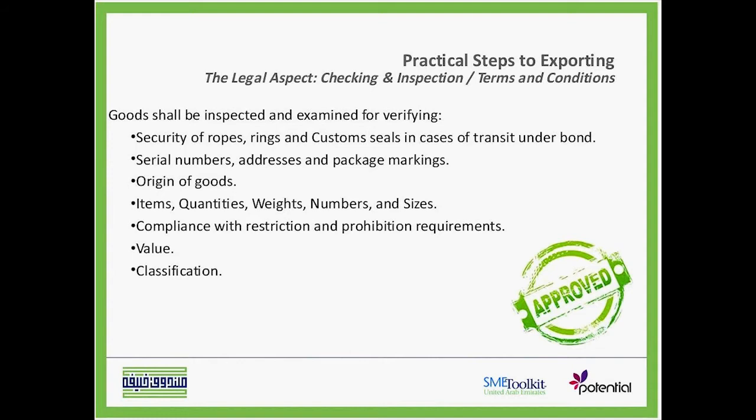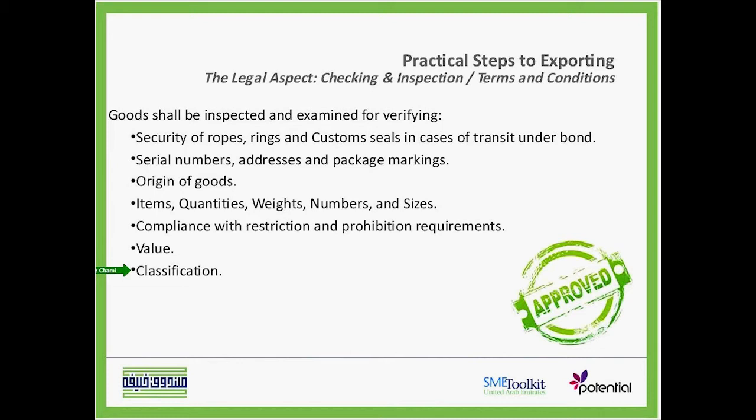Now, for the checking and inspection terms and conditions, the goods shall be inspected and examined to verify mostly the security of ropes, rings, and customs seals in case of transit under bond, serial numbers, addresses, and package markings, the origin of the goods, the items, what are their quantities, their weights, their numbers and sizes, the compliance with restriction and prohibition requirements, the value of the goods, and finally, the classification, obviously according to the customs and how